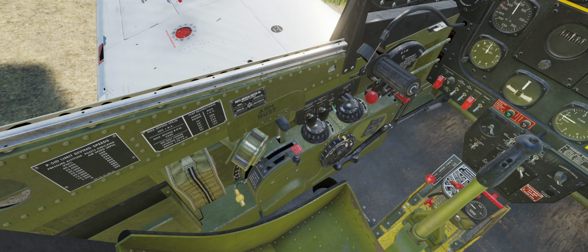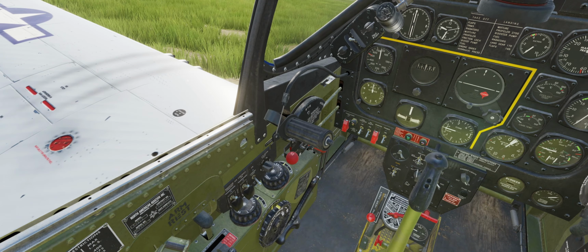Just forward of those two switches, you've got the landing light control switch. And then forward of that, you have a knob that controls some of your cockpit lighting to help see at night. Moving slightly forward and above, you have the throttle quadrant, where you have your main throttle, propeller lever, and